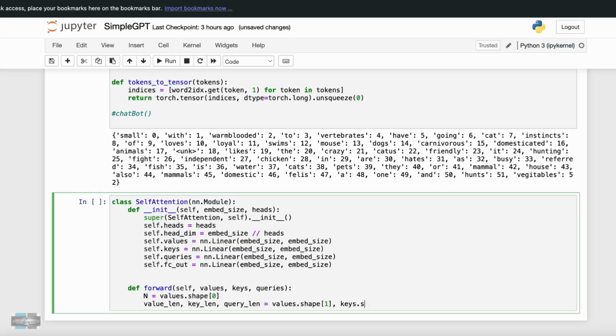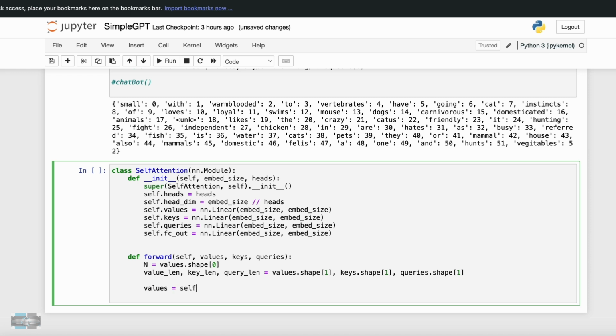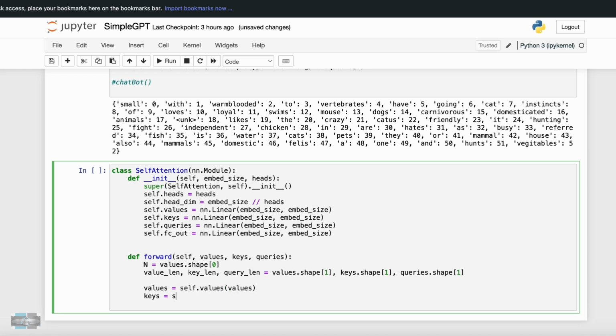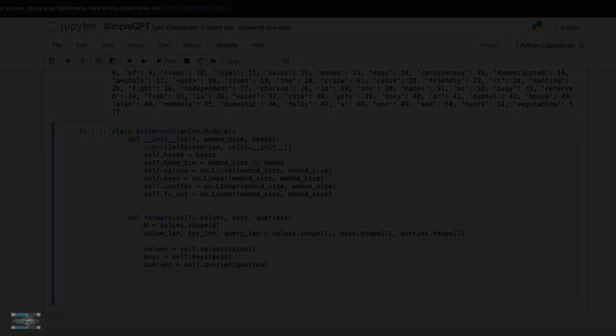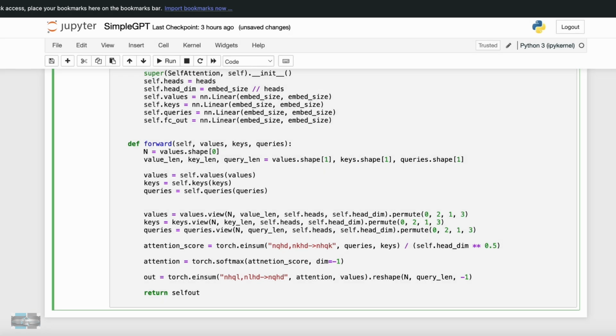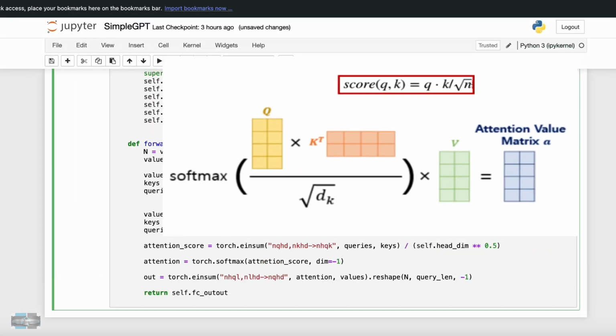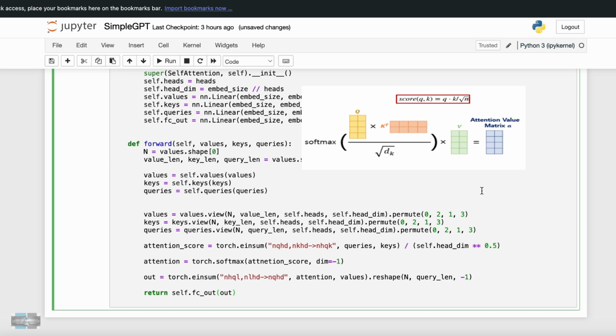As you can see here, we are getting the embeddings as an input, and firstly we are calculating the lengths of the embeddings. We are not going to write any logic to obtain these values, as there is an inbuilt function in the neural network module available in the Torch library itself. Using that, we can give the embeddings as input and get those vectors as output. So basically we have converted this equation to code level using Einstein summation. At the end of the day, we get this FC output, which is going to tell us the most probable words that can come next after the input embeddings.